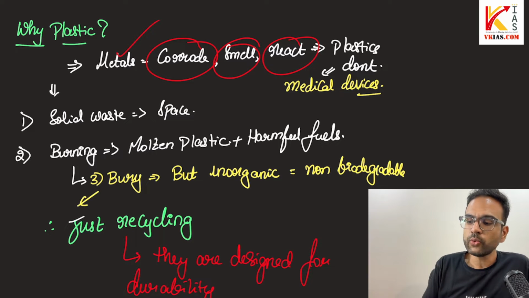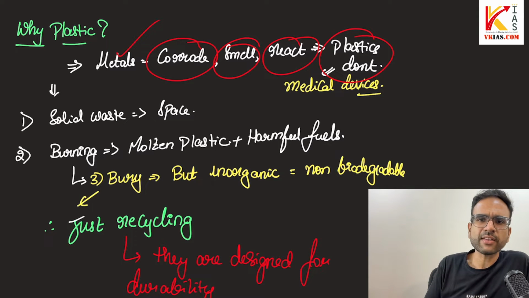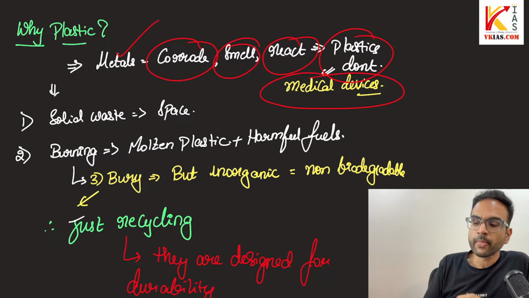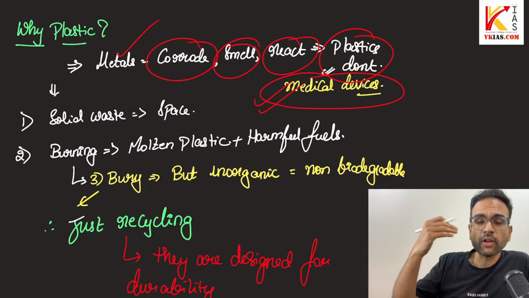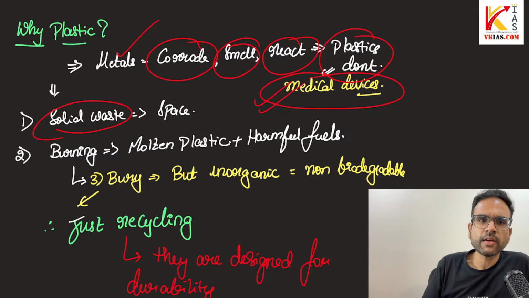Which is exactly why you use plastics, because they don't. If you store food in plastic containers, they don't react. If you use any metal devices as medical devices, they have the danger of reacting and it can harm the patient. So medical devices mostly use plastics, and the medical industry is one of the largest creators of plastic waste. Secondly, when you're talking about the problems associated with plastic, like I've just been discussing, it takes